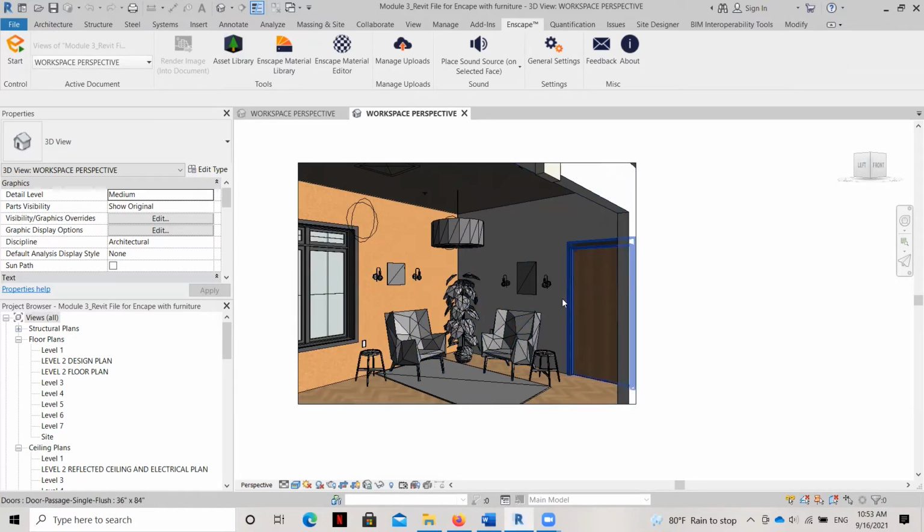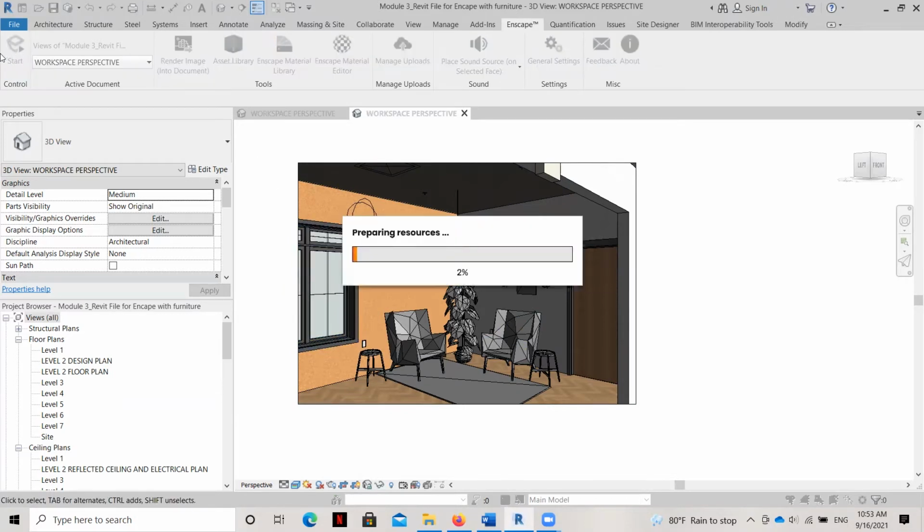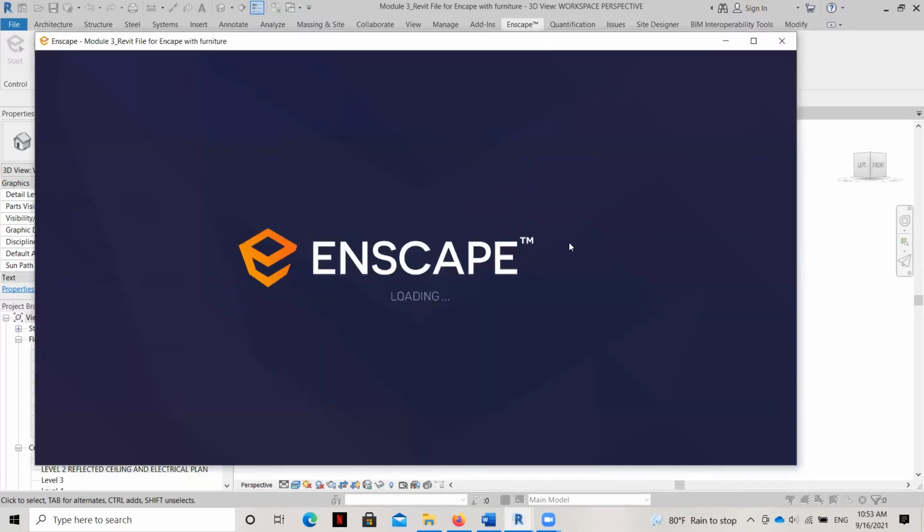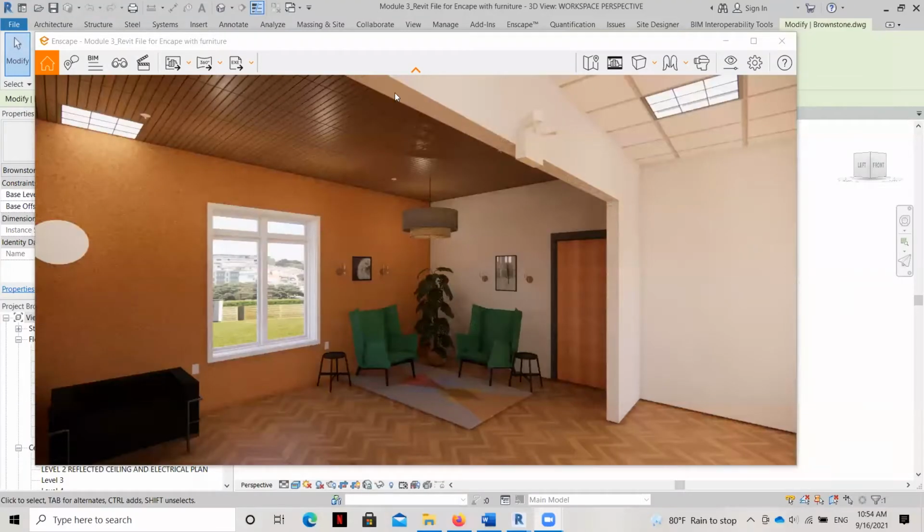Now, originally this was located out in the country, and so we could keep it as a country, or we could think about this as an office a little bit closer to the city. But let's go ahead and start Enscape and get that rendering showing. Again, it's going to come up on my other screen, and then I'll bring it over when it's done. I'm going to pause through this process. And you can see my rendering here now.